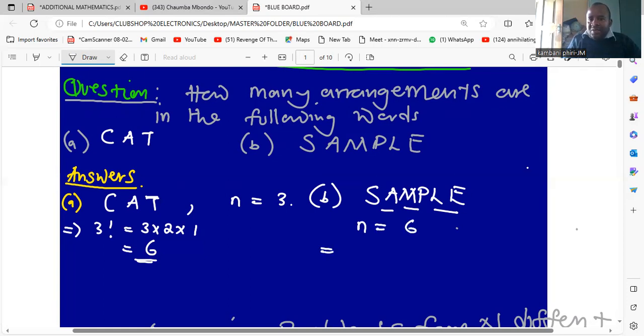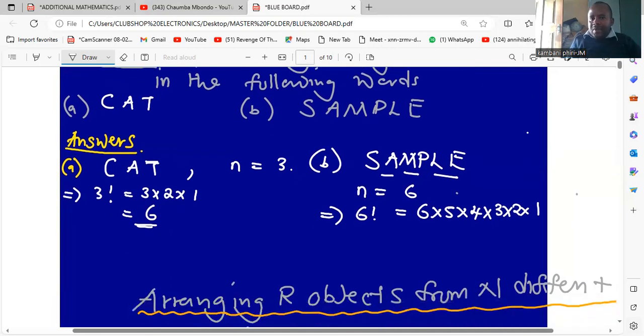This implies that we are dealing with 6 factorial. And 6 factorial is 6 by 5 by 4 times 3 times 2 times 1. You can easily work that out, or you can use your calculator. So in this case, 6 factorial is 720